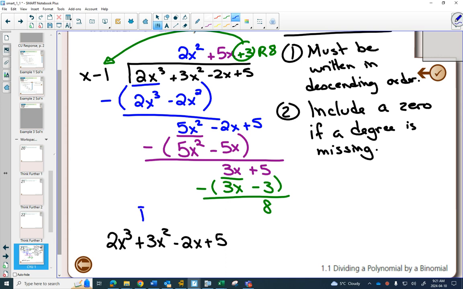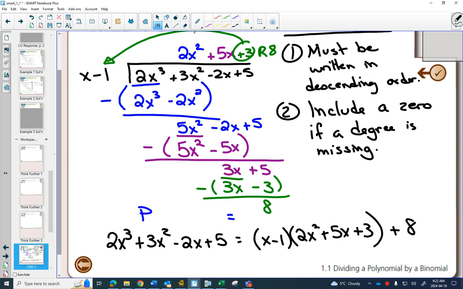That was our polynomial. It's equal to, we divided by x minus 1, and we got 2x squared plus 5x plus 3 as our quotient with a remainder of 8. So this is our divisor, this is our quotient, plus our remainder. And this is called the division statement